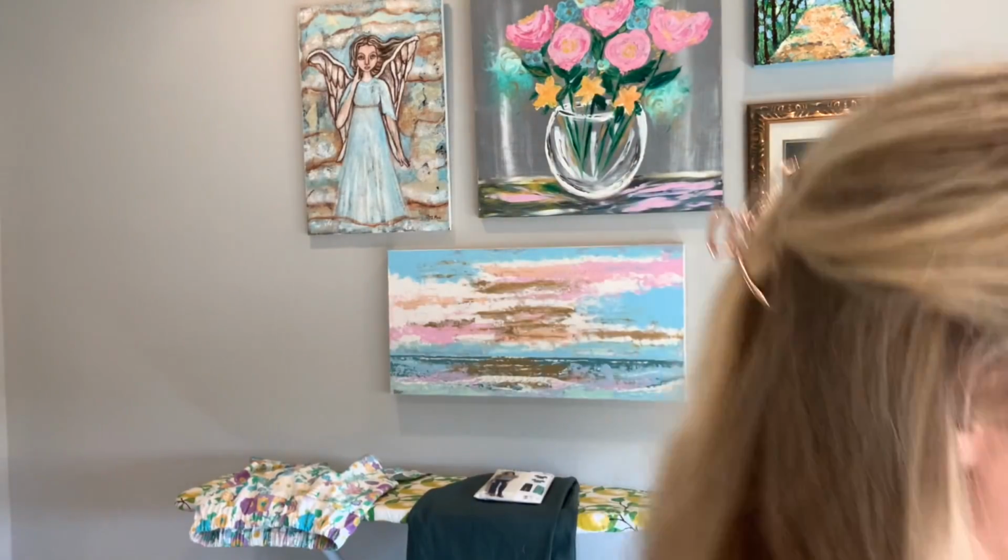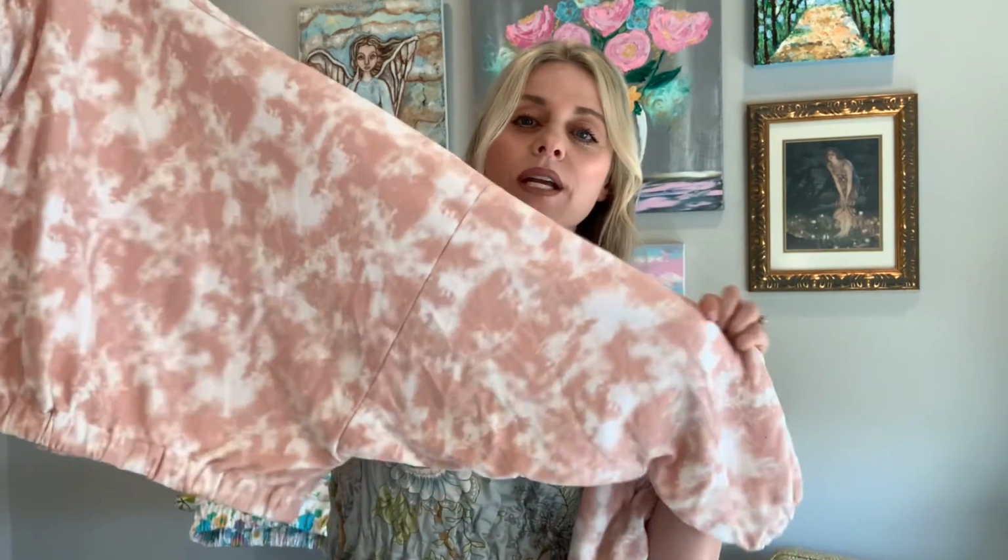But let me show you what I ended up making. I'll show you the top first. Okay, so we've got the very cute, first of all, don't you love this tie-dye? I showed this to you forever ago as well, I believe, in a fabric haul. I got this from Joann Fabrics a long time ago, but I sewed this up about 6 months ago. I wear it all the time, so it's gotten a lot of love. I believe the pattern does call for it to be tapered around the bottom. I added wide elastic, made it so that it's not super tight, obviously, because it's loungewear, and put elastic around